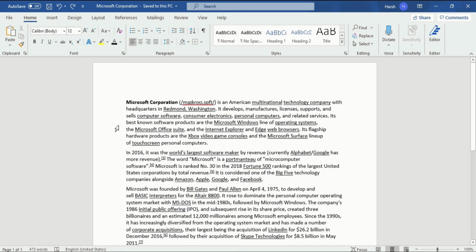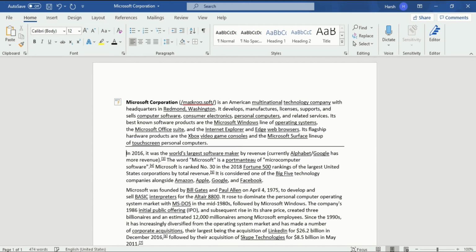In the other case, if I want to insert the line in between these two paragraphs, this one and this one, where should I click? I will click in front of Microsoft because I want to insert the line just above this paragraph. So we will go with "in". So when I click on "in", you just have to type triple dash. So you have typed triple dash. After that, just click on enter. When you click on enter, you will see there is a line inserted in between these two paragraphs.